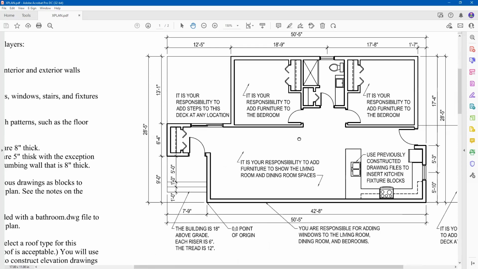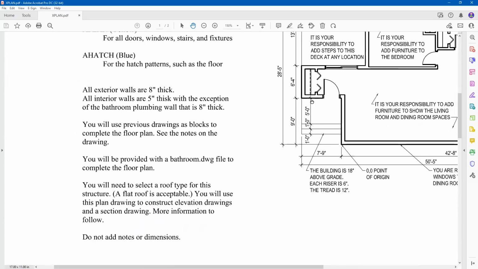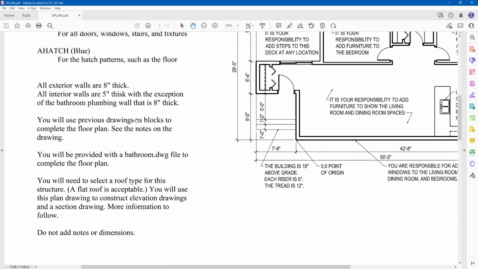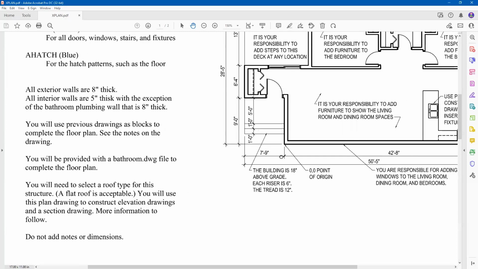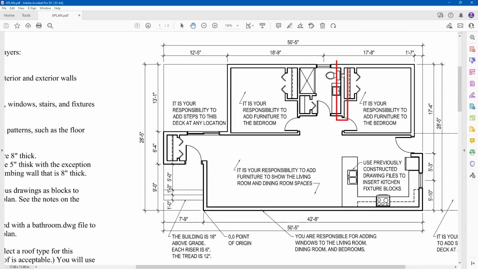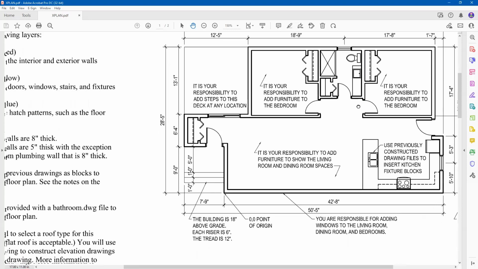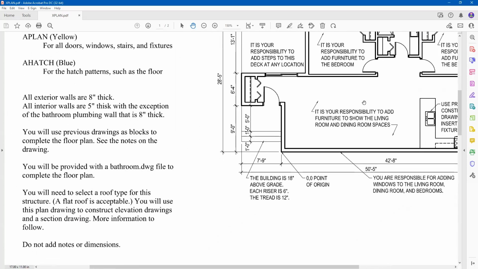Let me go back to the notes because I digressed here a second. Just mentioning to you, the exterior walls, all of them are 8 inches thick, and then the interior walls are 5 inches thick, and that's a typo and I need to fix that. With the exception of the plumbing bathroom wall that is 8 inches thick, and that plumbing bathroom wall is right here. Like I said before, I'll provide you with the bathroom drawing,